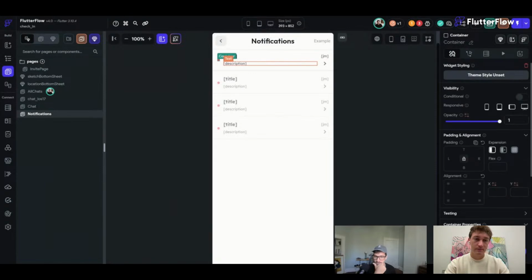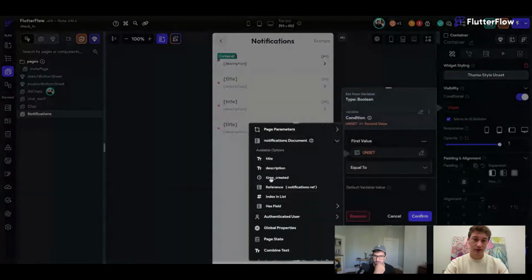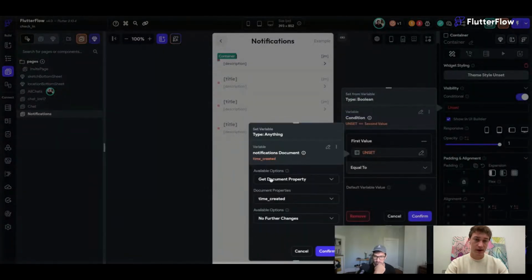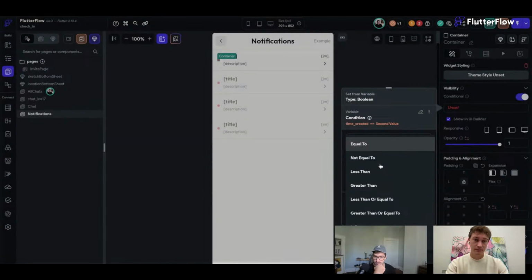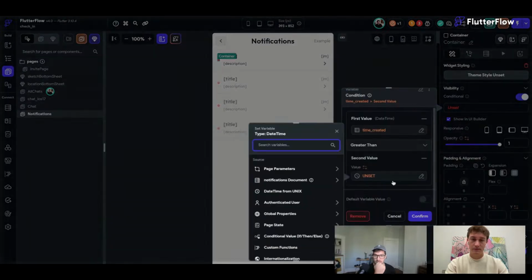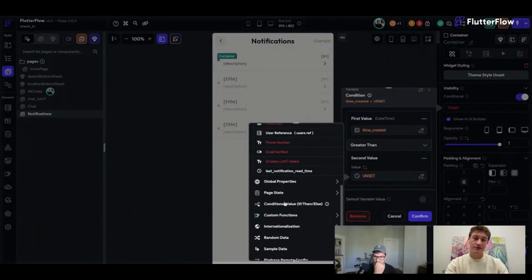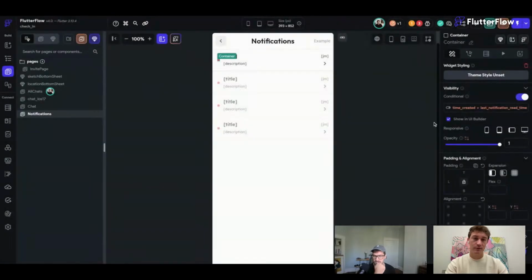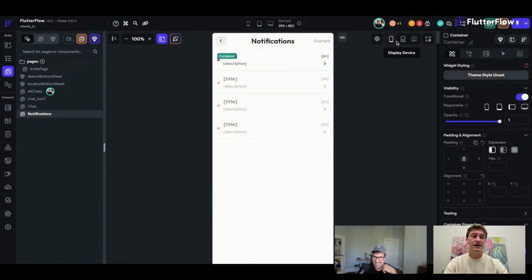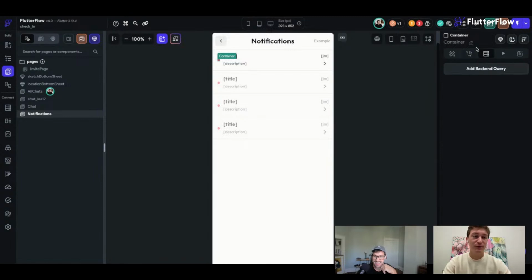And set it to when this specific notification time, the time created, again, is greater than the authenticated user's last notification read time. So we'll confirm that. So it's only going to appear if the notification was created after the user last saw the notifications page. Yep. Now, the trick to this, for this container, basically what you want to make sure you